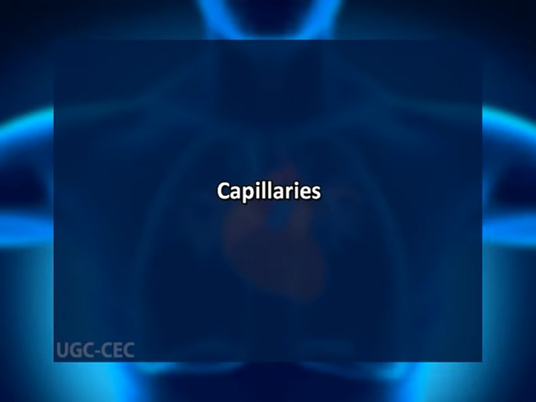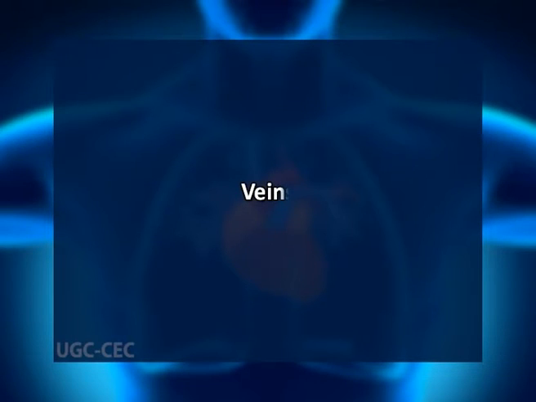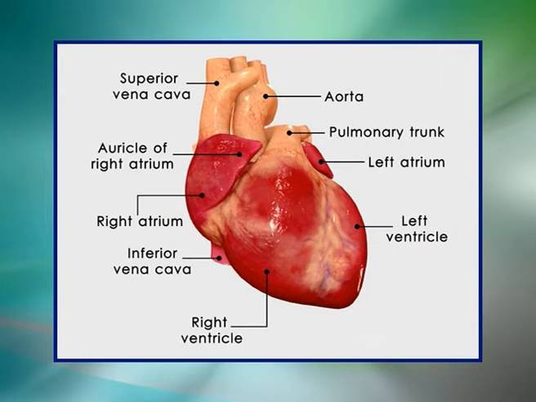Capillaries. Arteries branch into small passages called arterioles and then into the capillaries. The capillaries merge to bring blood into the venous system. Veins. After their passage through body tissues, capillaries merge once again into venules, which continue to merge into veins. The venous system finally forms 2 major veins, the superior vena cava and the inferior vena cava. These 2 great vessels empty into the right